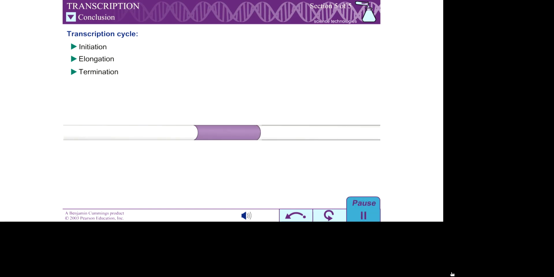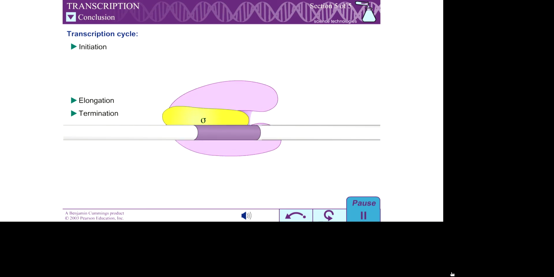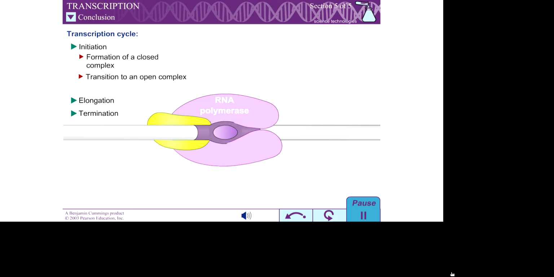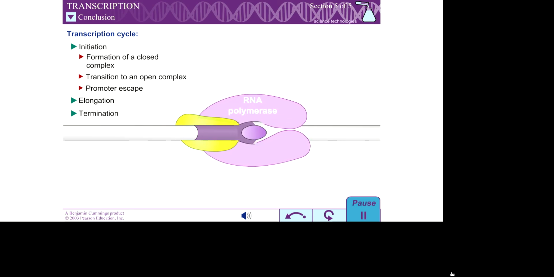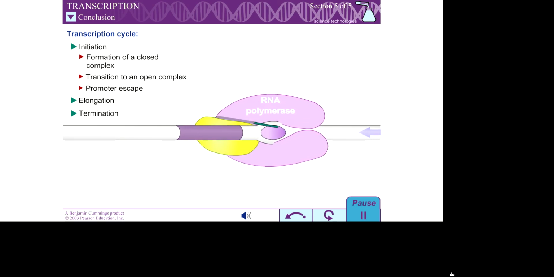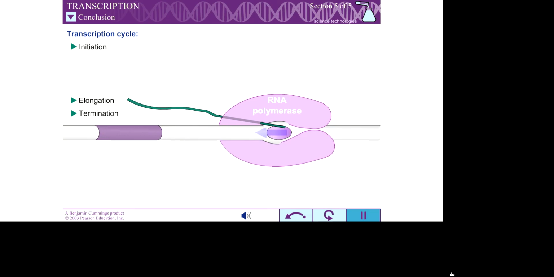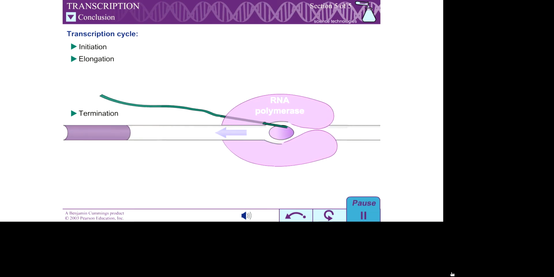Transcription initiation can be divided into 3 steps: binding of RNA polymerase to form a closed complex, transition to an open complex, and promoter escape. In bacteria, an initiation factor called sigma recognizes various sequences within promoters. During elongation, RNA